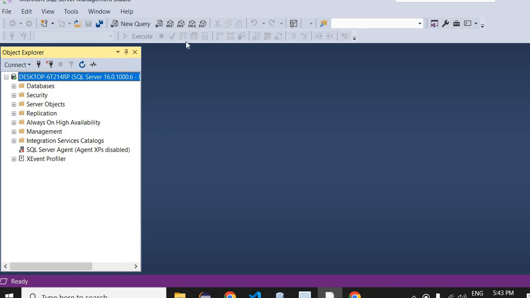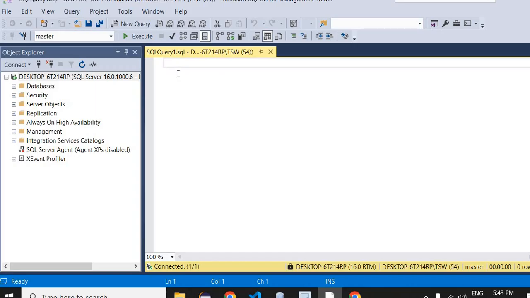Once you have done that, you can see the SQL Server window screen appearing here. You can see here database, security, server objects, replication, so many things appearing here. Go to new query, and in the new query editor window you can create your database. You can type create database, and give a database name, say emp2, and just run it,